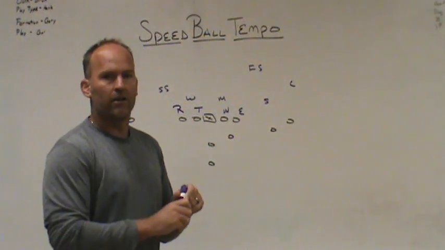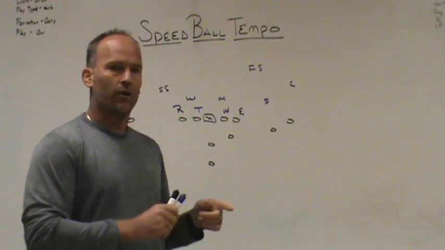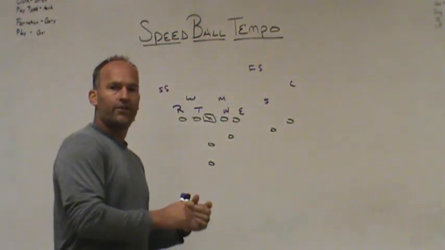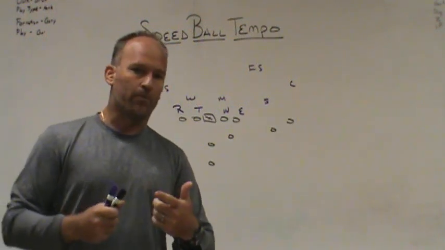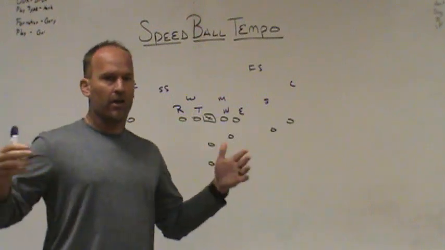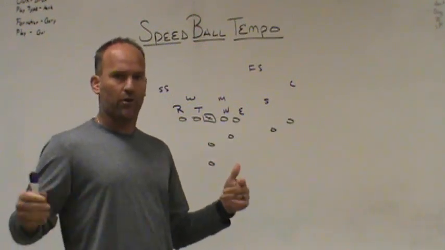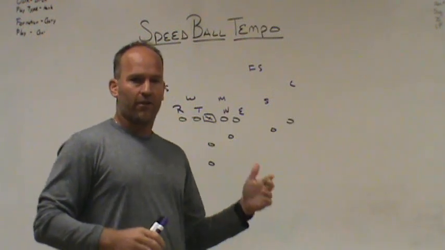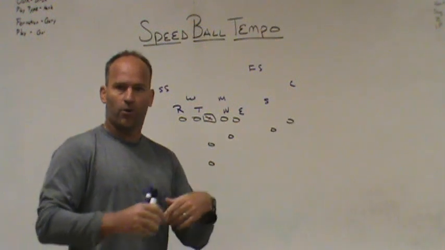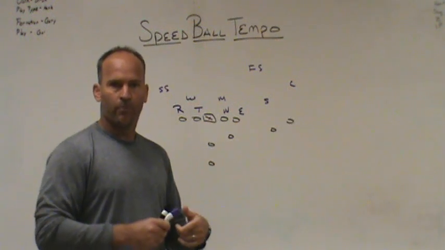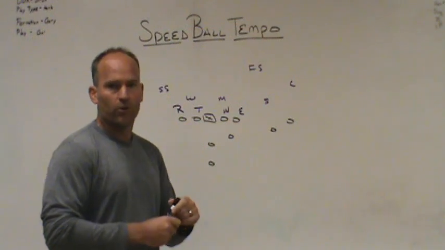But I think the thing that allows some of the spread teams to do it the best is being in the shotgun. The built-in run reads and throws that a quarterback can make allow the tempo to be the most effective. Not only is it the spreading of the field, all right, with receivers out wide and 2x2, 3x1, or empty, but it's the fact that the quarterback in the shotgun has a ton of run reads he can make with a tailback or a pistol back or a fullback, but you also have access throws and free throws built in that allow you to play faster.